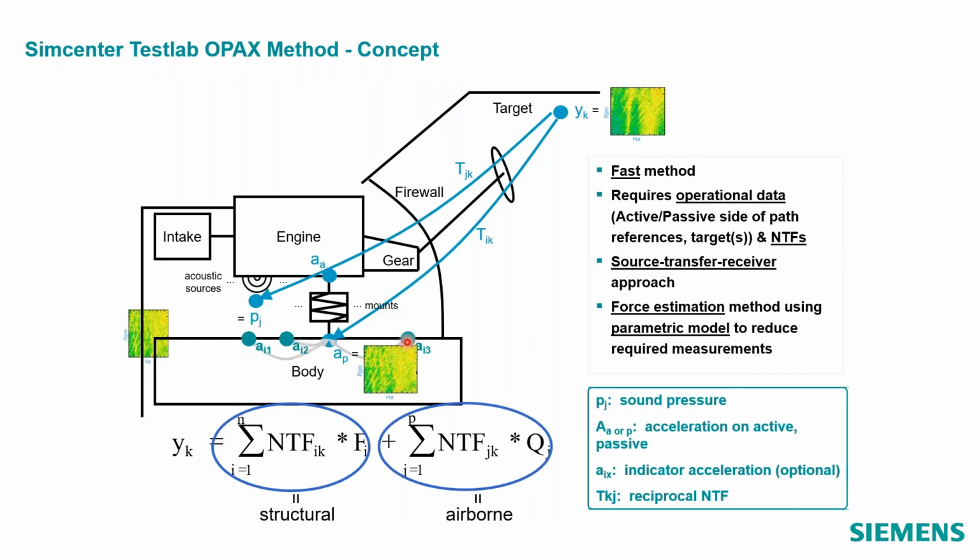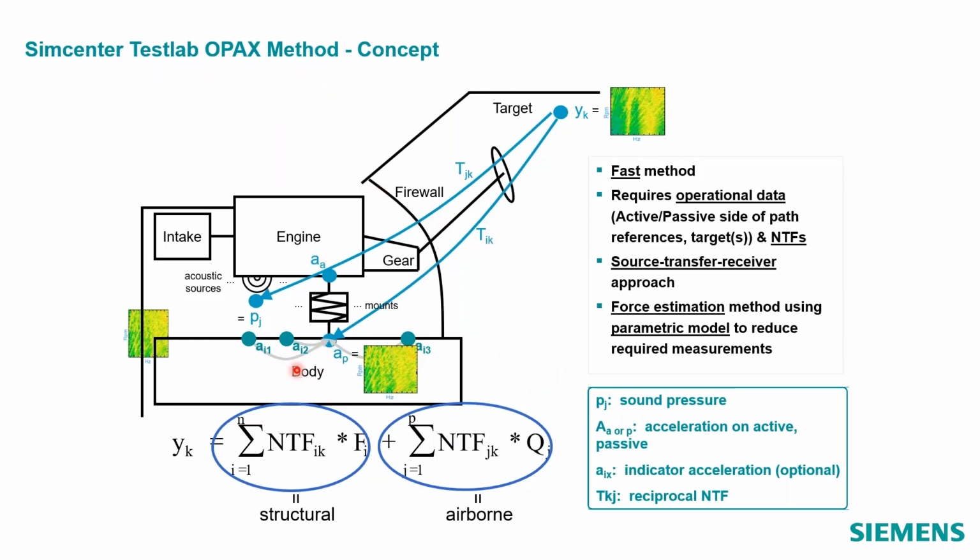So here in this example, we would have accelerometers at each of the path locations. So here I have an AP, which is my path. I get this transfer function to my target. That's your noise transfer function. And then if I have extra indicators, I can have extra indicators around those, and you also need those FRFs. And we'll talk about that when we do the OPACS method.